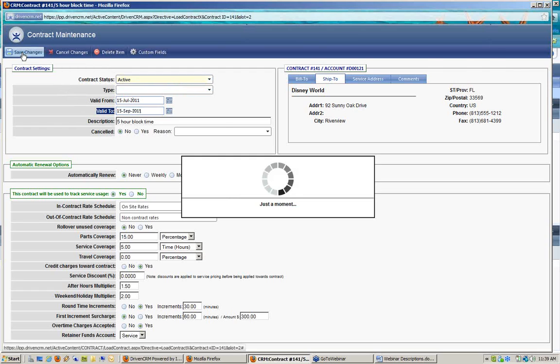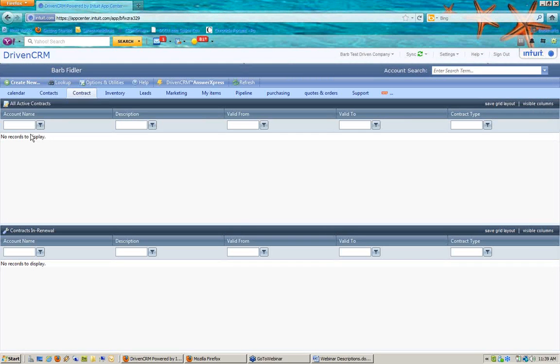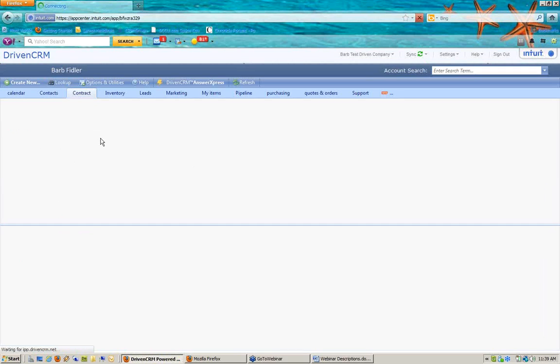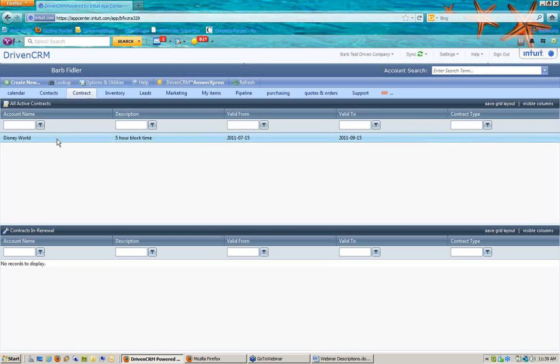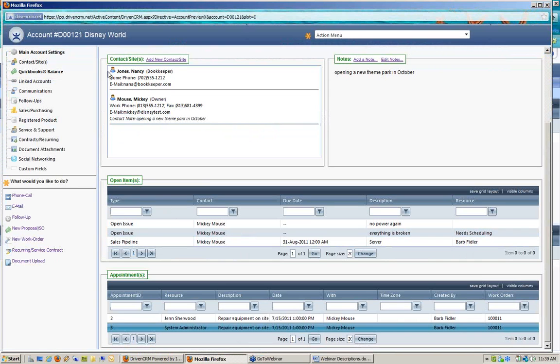So I have a contract established now. Let's talk about how you link that contract to a work order and how you start decrementing time from it. So if I were now to go here and see that that customer has a contract, okay, Disney World has a 5-hour block of time. Anytime I open up Disney World's account, which I still have here, when I create a new work order for them,